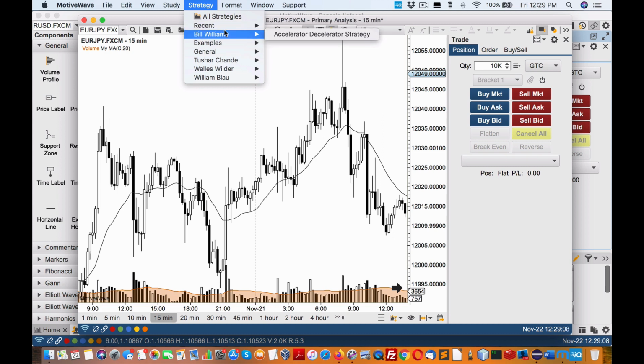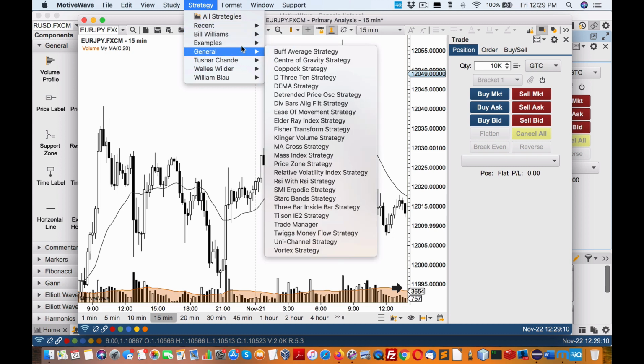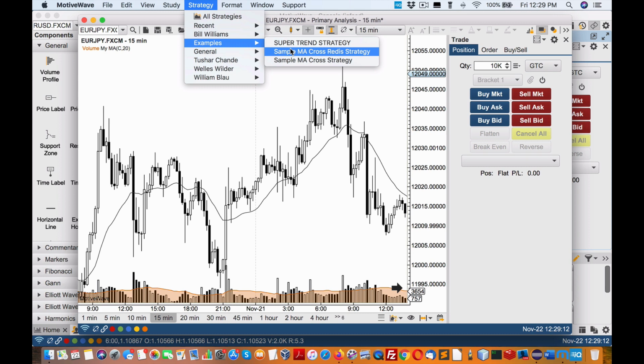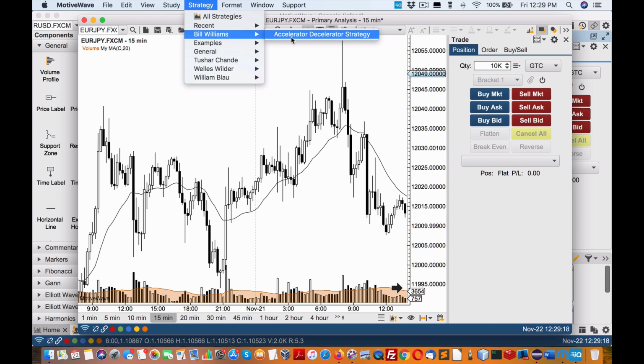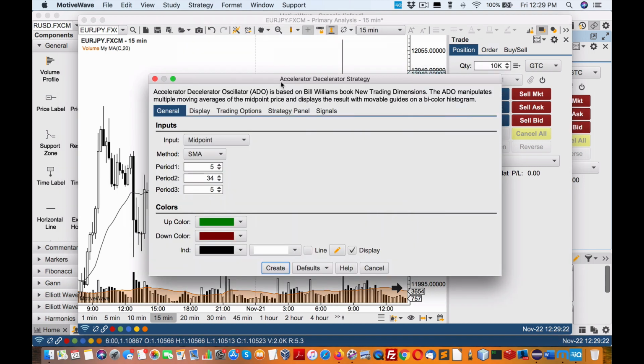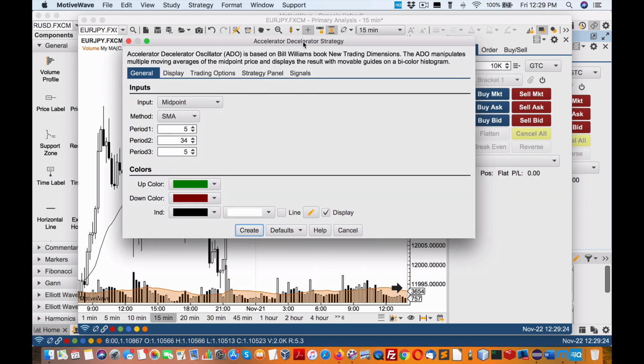So with the strategy, I'm going to just randomly load one up. Let's try it. Will this load? No. Okay, so none of those load up. So I'll try this accelerator, decelerator strategy. Ah, here we go. Great. All right. So